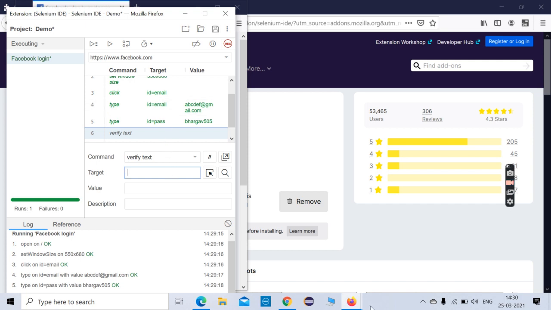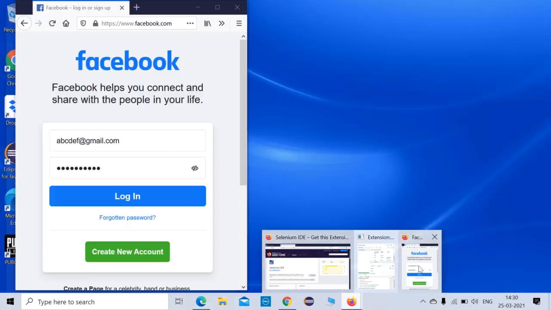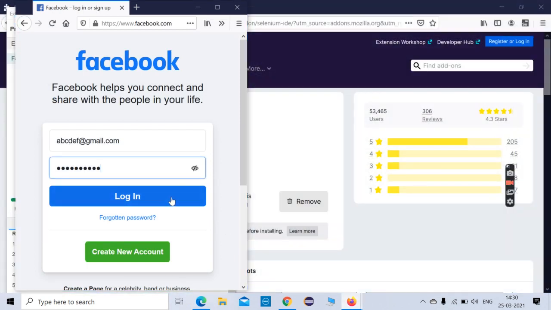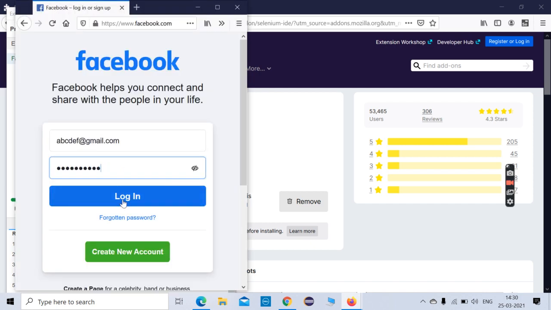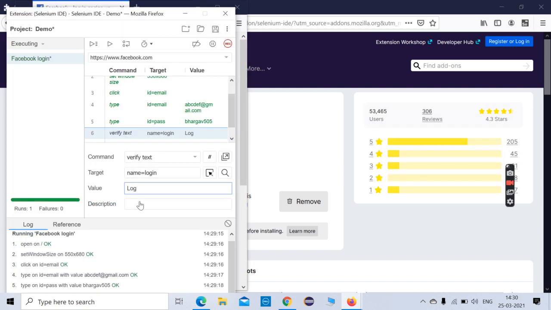Right now we are using this login as a target, so I can give id equal to, or I can give a target like name equal to login and give some value. So the value is this login name. I'll give this as my value.